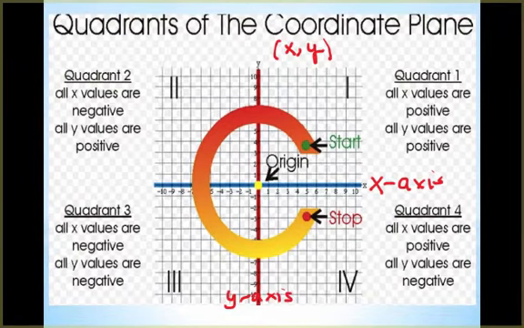So if we have the point 2, 3, then we would count over 2 for our x-axis and then up 3 and locate our dot at that point. So we would put a dot at the point 2, 3, and we'll label that